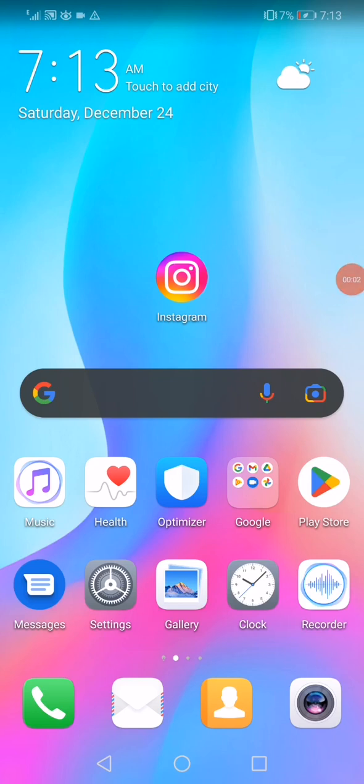Hello guys, in this new tutorial I'm gonna show you how to fix Instagram not login in less than 1 minute. So first thing you wanna do,